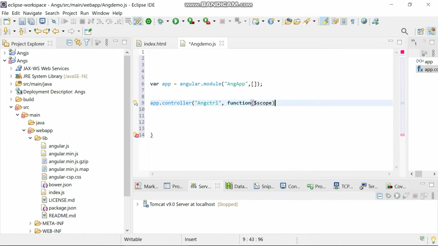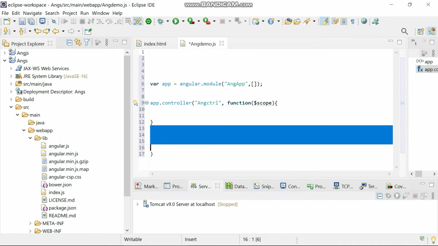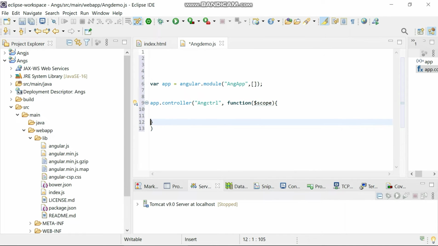Here I open the brace, and within this, the scope object parameter is passed, so I use dollar scope. I'm going to create a property named me.